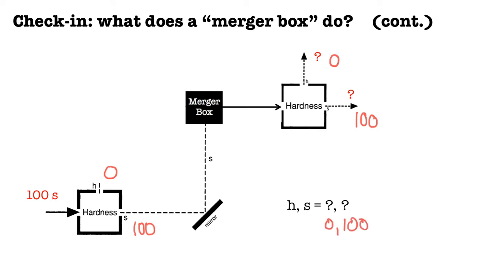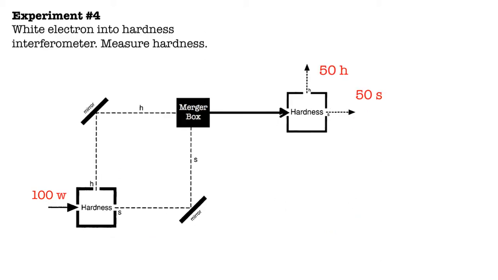So this experiment is exactly the same as experiment 1 from last class. If you do a repeated measurement of hardness, you're going to get the same outcome the second time. Okay, now that we've introduced a hardness interferometer, let's use it to build a new experiment. And we'll call this experiment number 4. We're sending white electrons into a hardness interferometer, and then we're going to measure hardness at the output. Okay, so this is again straightforward. We shoot white electrons in,